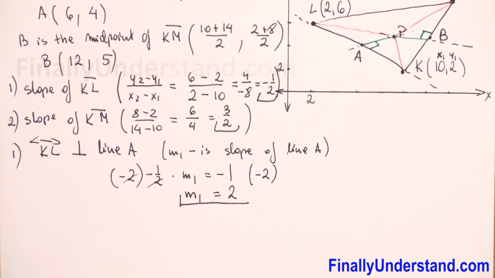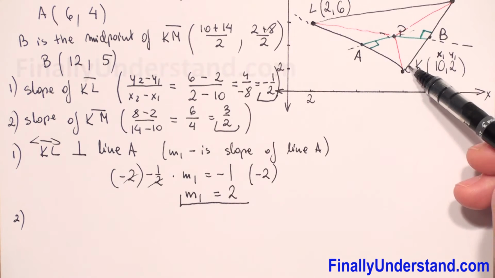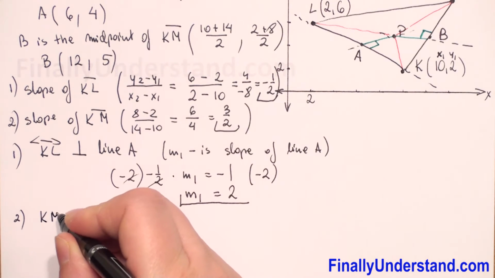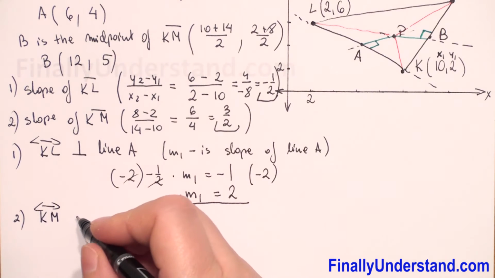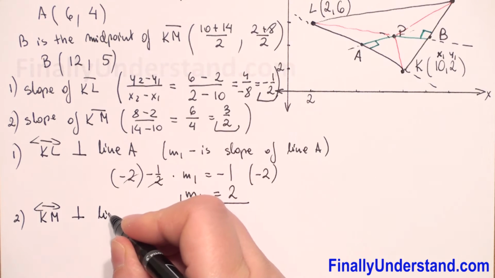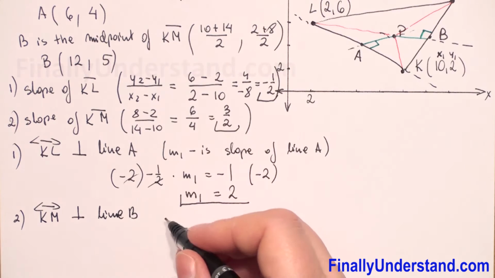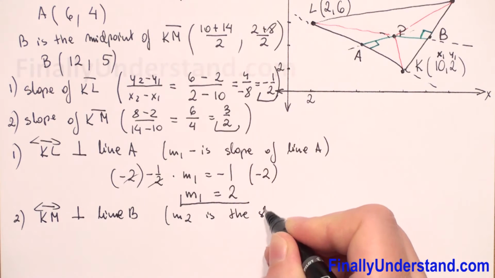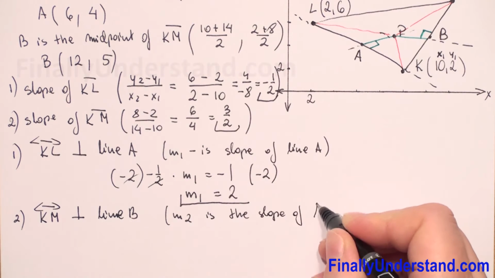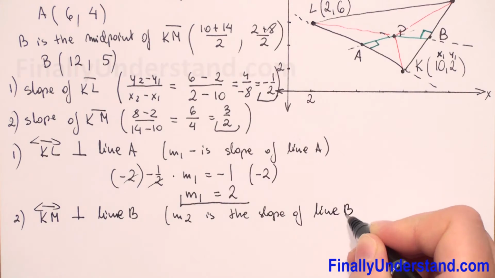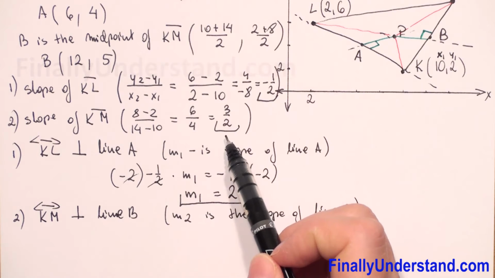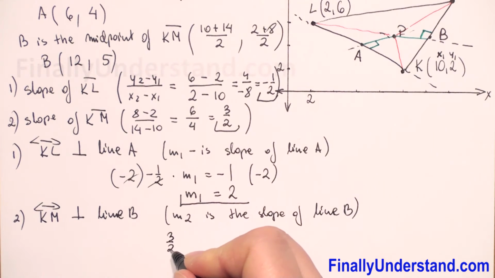Next we will find the slope of the line which is perpendicular to KM. So the KM line is perpendicular to line B. Let's put that M2 is the slope of line B. So again, the slope of KM is 3/2, so we have 3/2 times